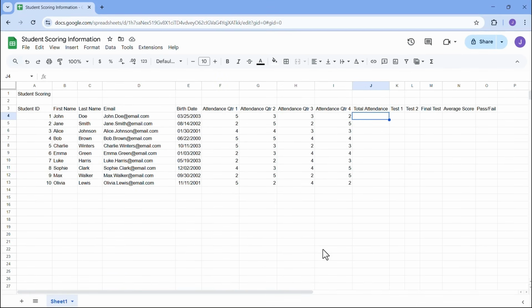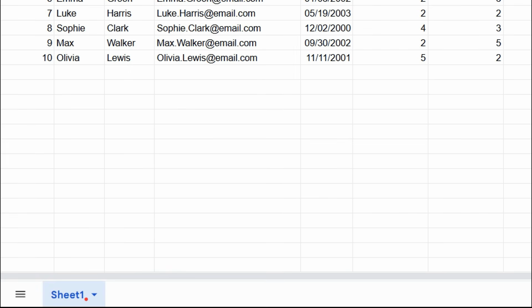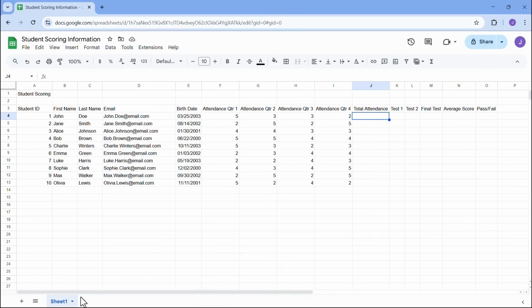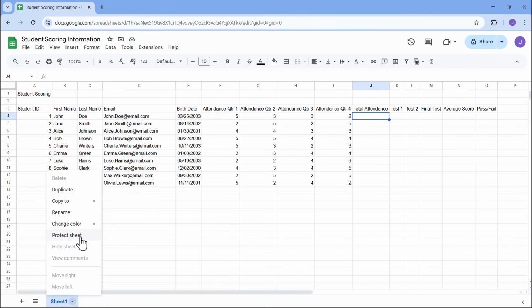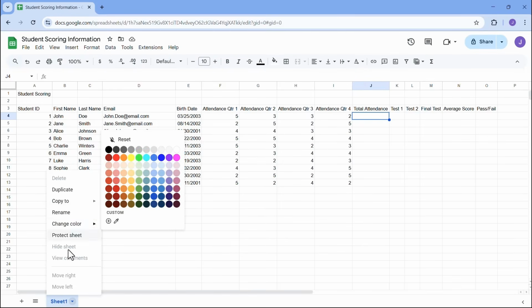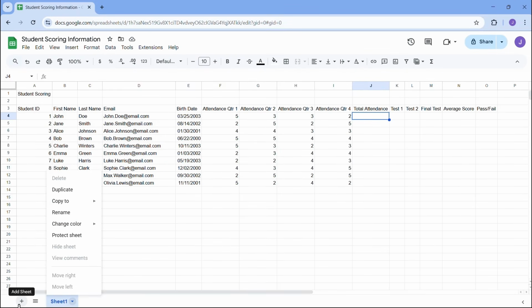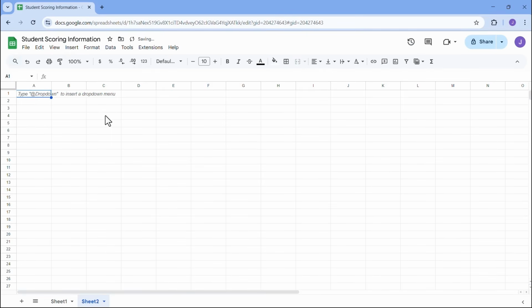Before we go and try to find the total attendance, what we're going to do is talk about the difference between calculations, formulas, and functions. So this part's really for you to just sit back, relax for a moment. I'm going to actually add a worksheet. So you'll see we do have a sheet 1, and you're always more than welcome to click on that little drop down if you want to rename the sheet, if you want to change the color of the sheet or protect it or duplicate it, you can. But I'm just going to click the little plus icon to add another sheet here,